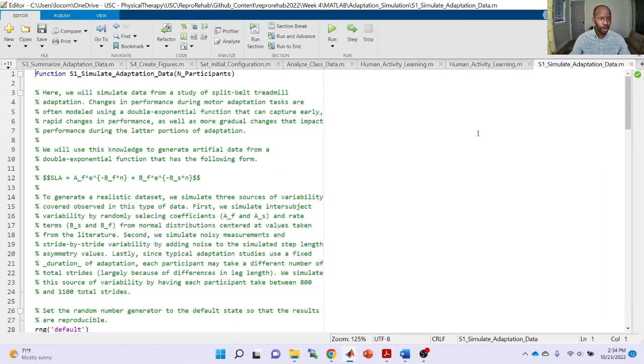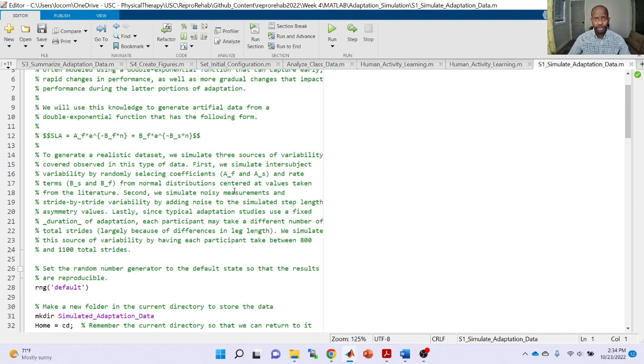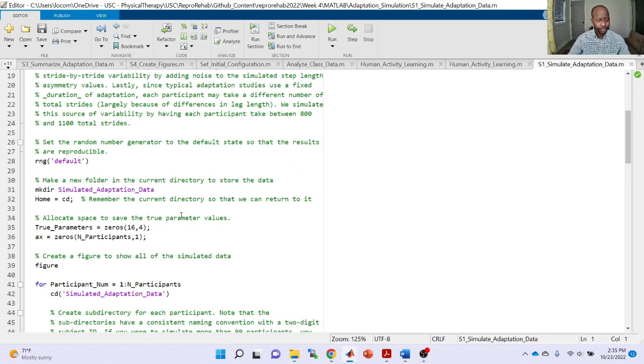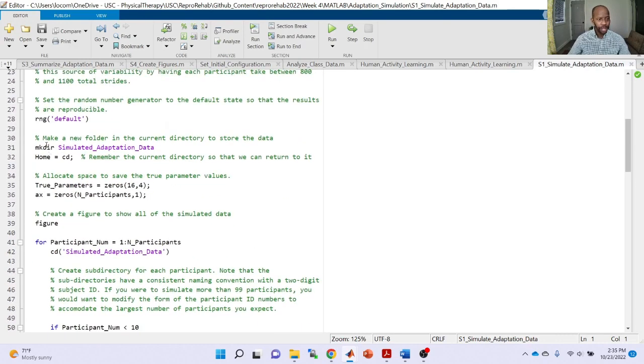Okay, so as we've already reviewed in our early video on data processing pipelines and fundamentals of data, there's a long description here about the type of task that we're simulating and the model used to simulate the data. But for now, what I want to do is to walk through some of the details of the code to highlight some aspects of code that you may use in your own data analysis pipelines. So first, if we scroll down to line 31,